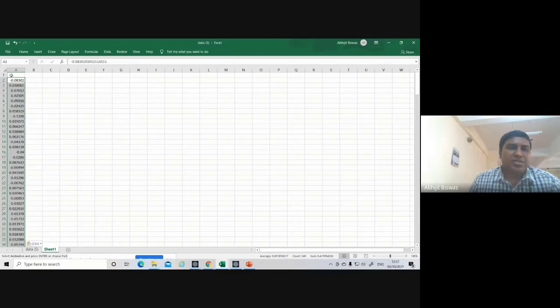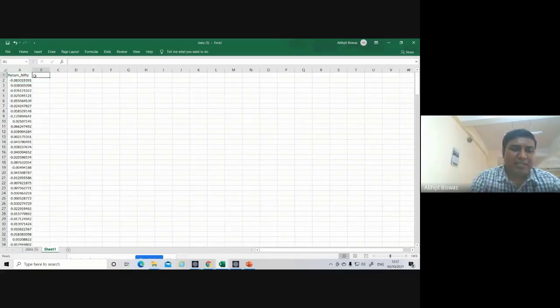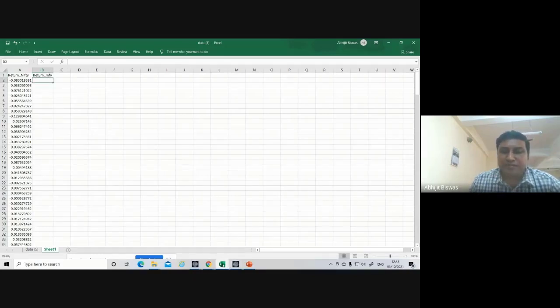So what is this basically? Return underscore Nifty. Similarly, I'll have to have return underscore Infy, that is Infosys return. So let me just copy the Infosys return.